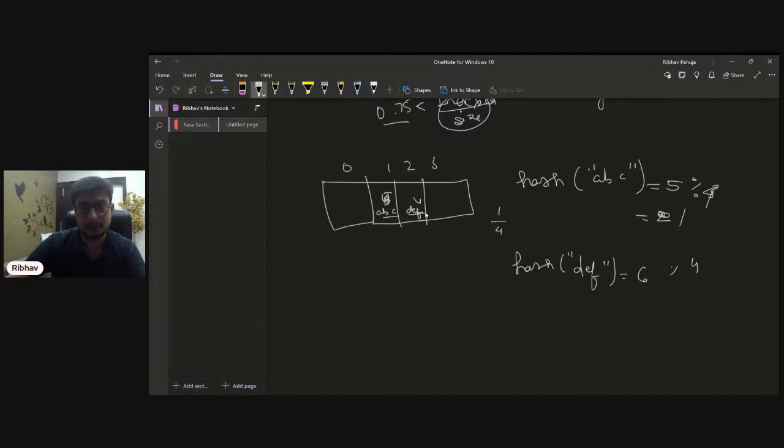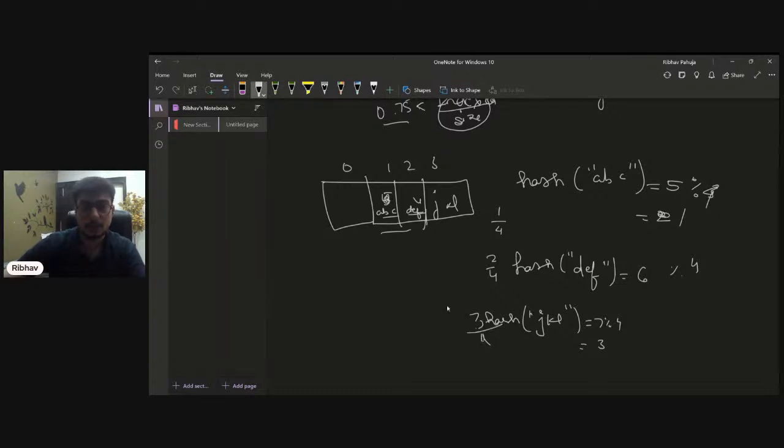We placed ABC here and DEF here, so now the load factor becomes 2 by 4, that is the number of occupied indexes divided by the total size of the array list. Let's say we had the hash of JKL, and that came out to be 7. We did mod 4, which gives us 3, so we'll place JKL at the third position. Now the load factor becomes 3 by 4.